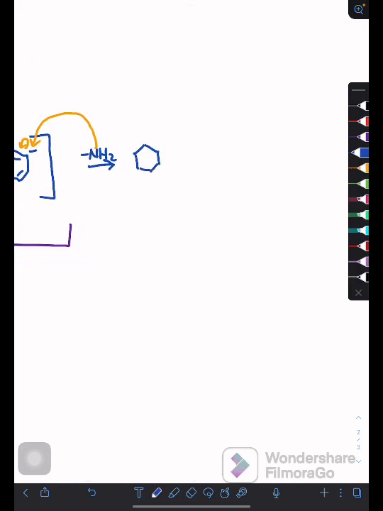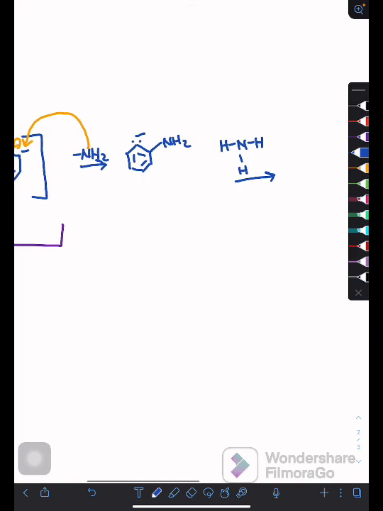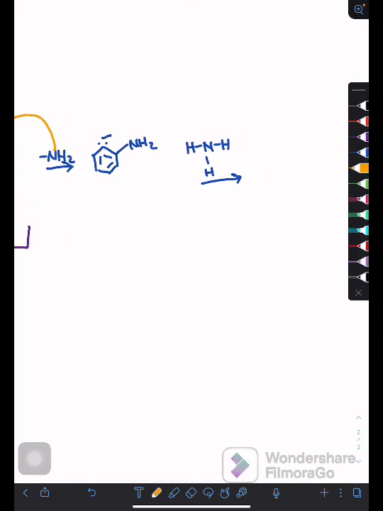And then we have this carbon, and this NH2 is attached there. Then we have this NH3 here, which will ultimately give us the product